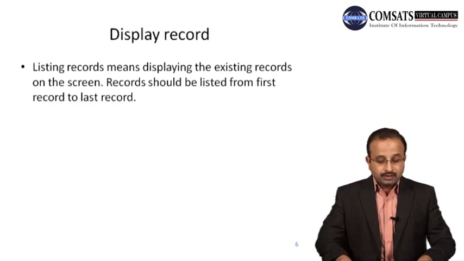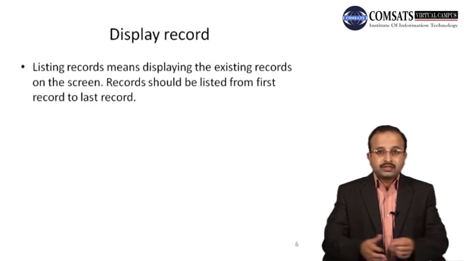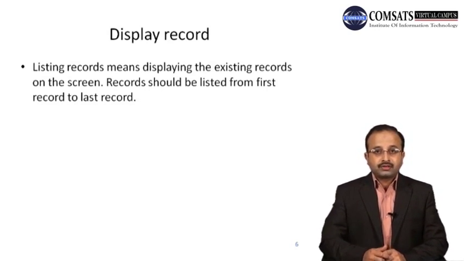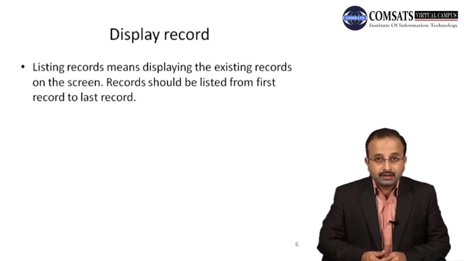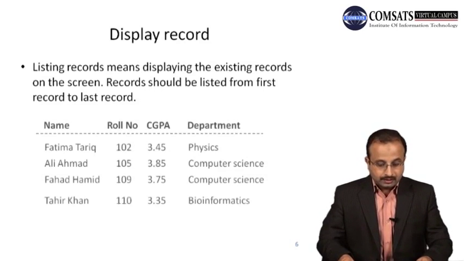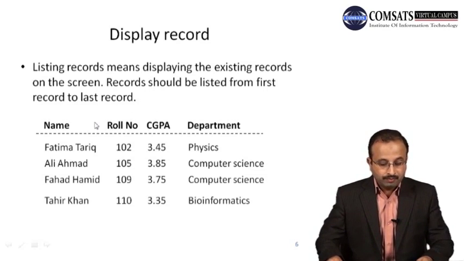Display record, so listing records means displaying the existing record on the screen. Records should be listed from the first record to the last record. Display records means display all records, whatever records are in the database. And this is the form of the display, that it displays in tabular form, that it should write the